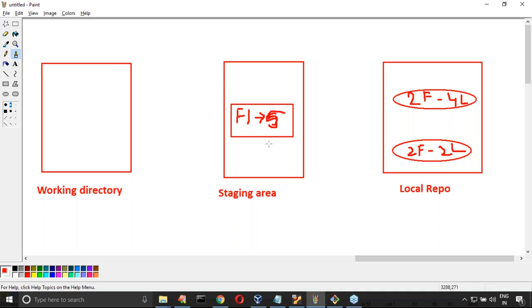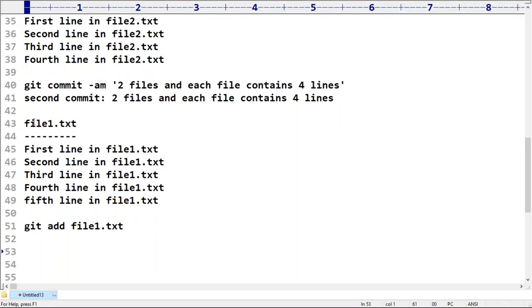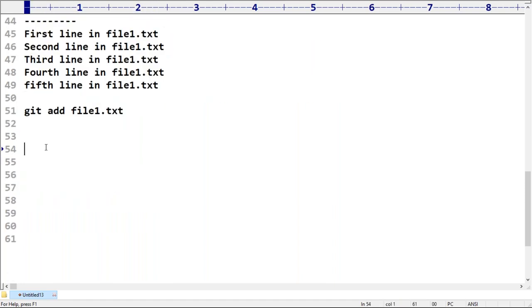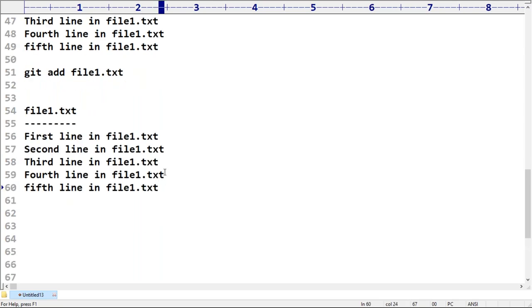5 lines are there, sir. Okay, well. Now my next thing is, in the working directory, after adding to the staging area, again I want to perform some change. Like, now observe this a bit carefully, sir. What I'm trying to take, sir, here